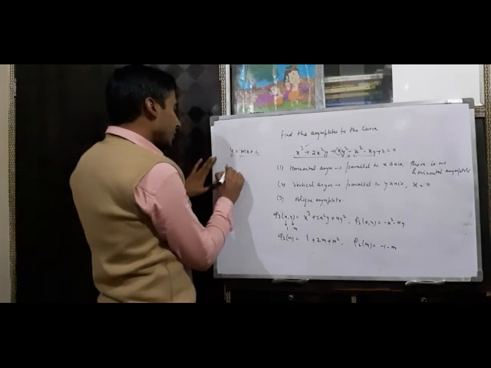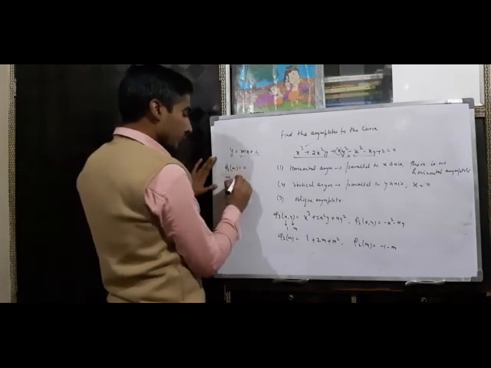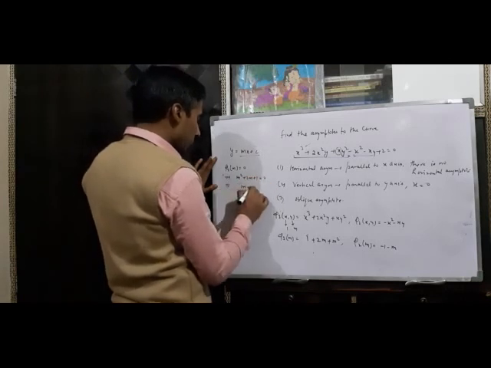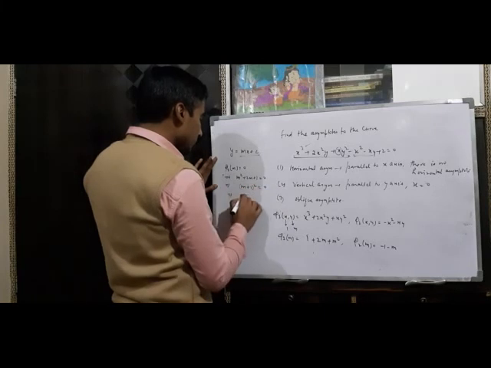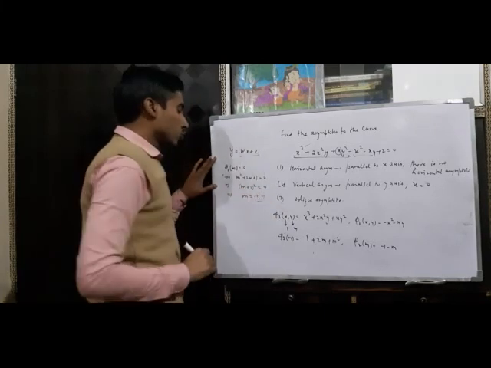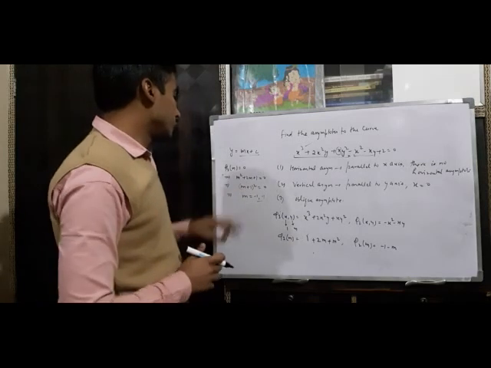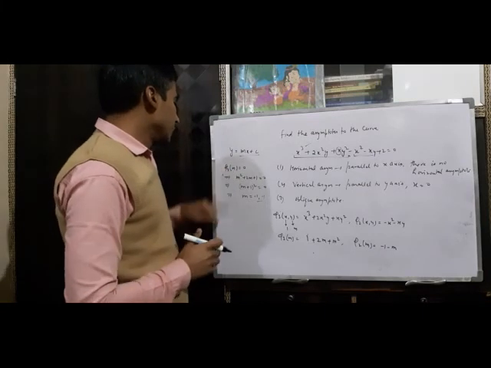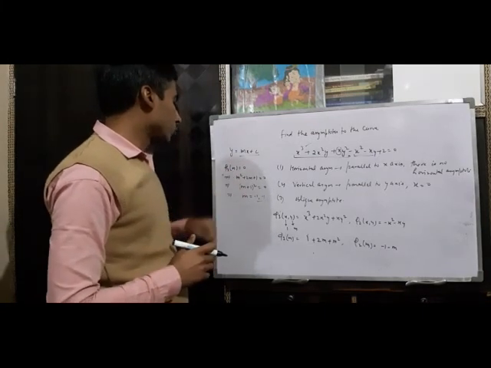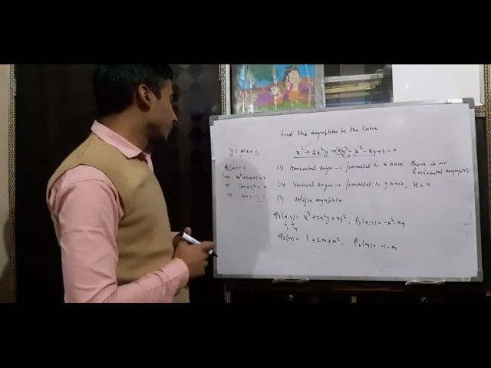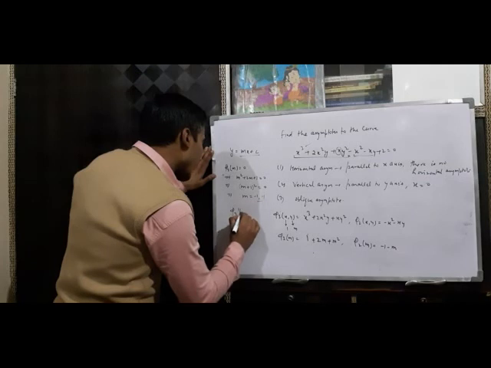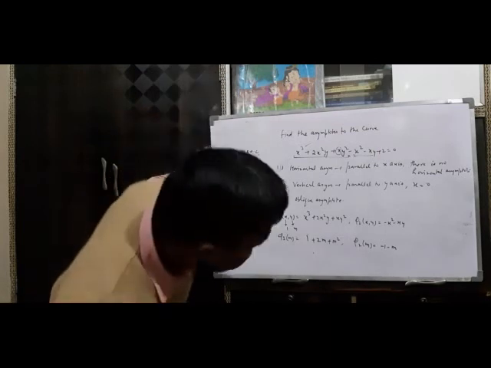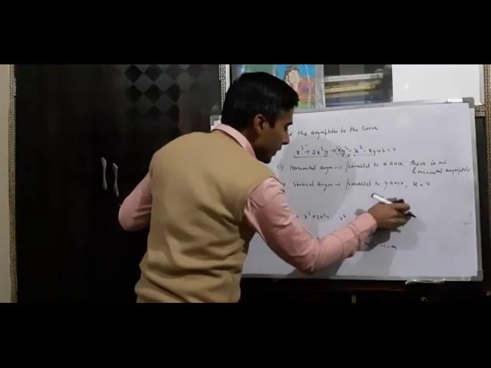Now phi 3 of m equal to 0 gives m square plus 2m plus 1 equal to 0, which is m plus 1 whole square equal to 0, and this gives m is minus 1, minus 1. So m has a repeated value which is minus 1. Then on the basis of this we have to determine the value of c. Since phi 3 of m is 0 for m equal to minus 1 and m equal to minus 1 is repeated 2 times, phi 3 prime of m is 0 for m equal to minus 1. Therefore the value of c cannot be determined.